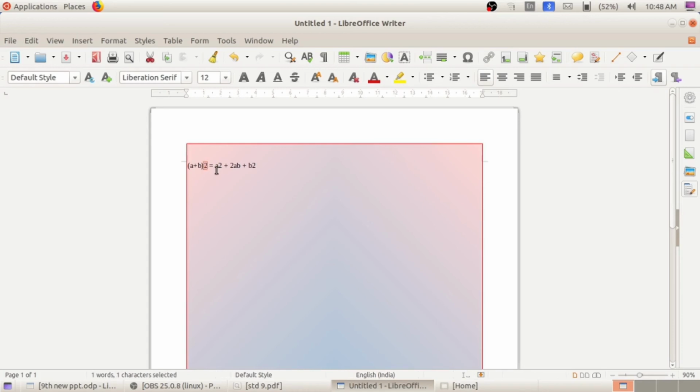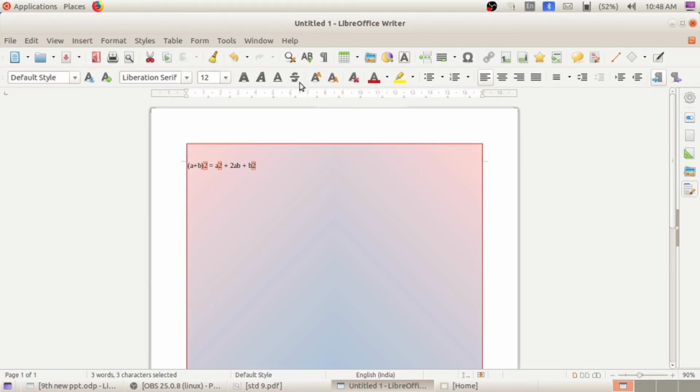Select the first number. After that press the Ctrl key and then select the other numbers like this. Press the Ctrl key and then we can select any numbers, any amount of text. Okay. After selecting, click on the corresponding option, the superscript icon.